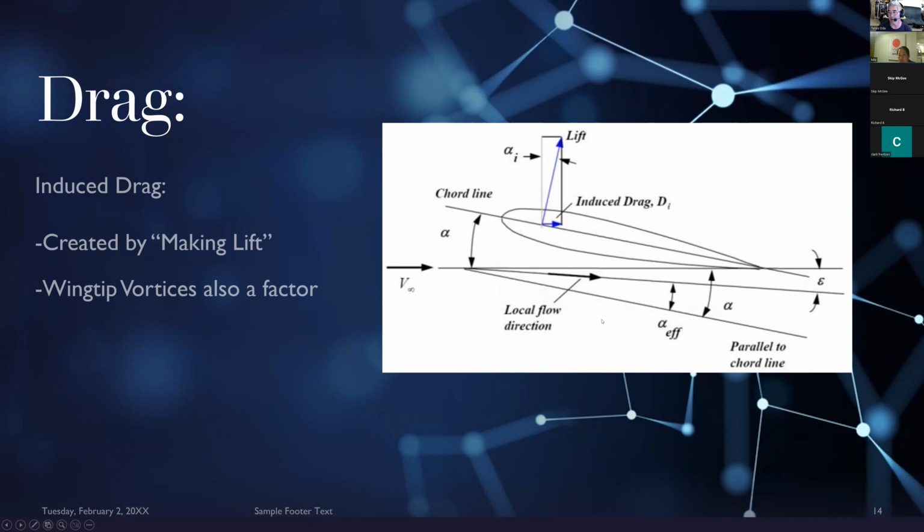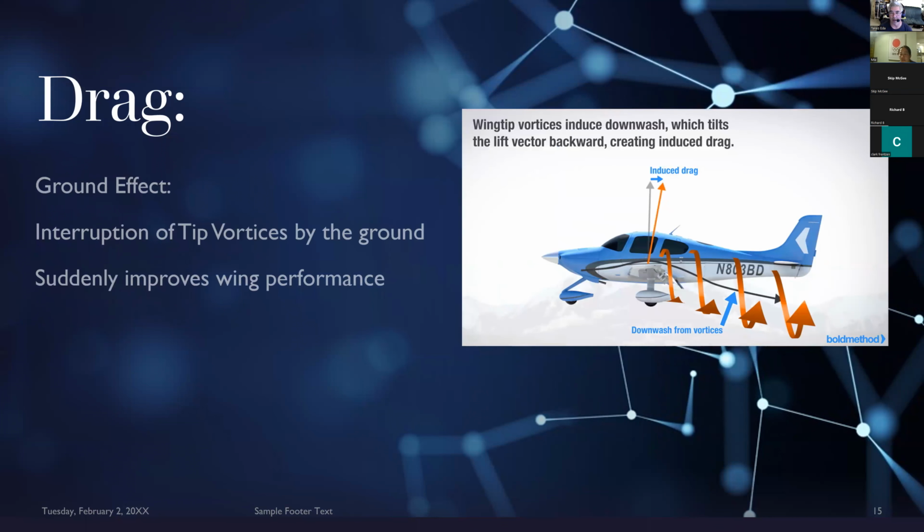Mhm. No? Okay, so what happens is that when an aircraft flies, any aircraft that generates lift flies through the